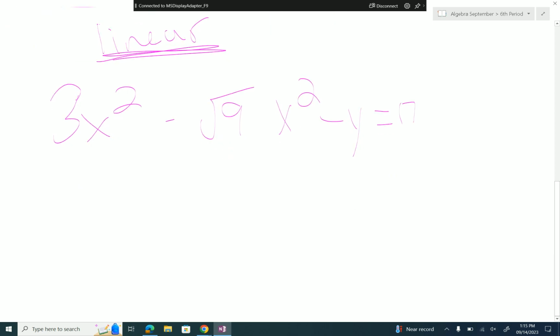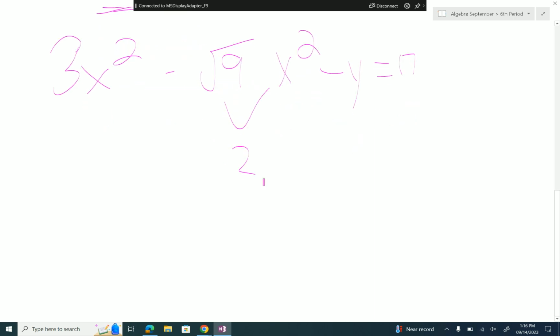Yeah, so square root of 9. We're not taking the square root of the whole thing. We're just taking square root of 9. Brinson, what's the square root of 9? 3. So I'm going to rewrite this, just replacing that square root of 9 with 3. So now,